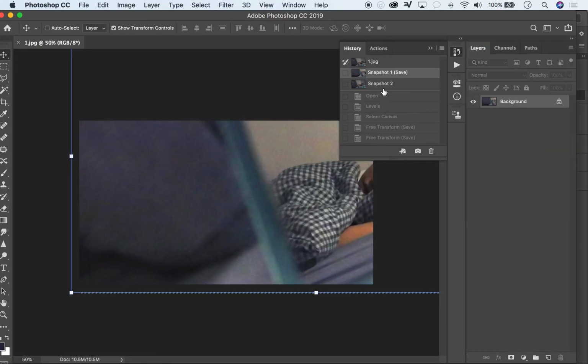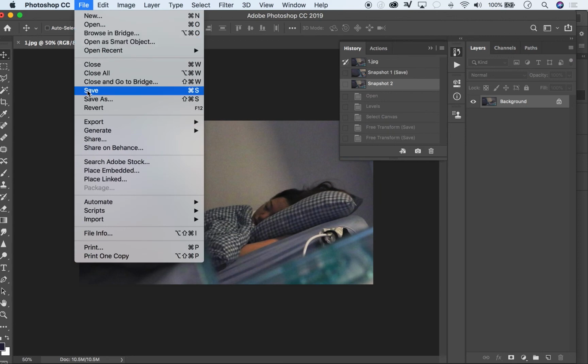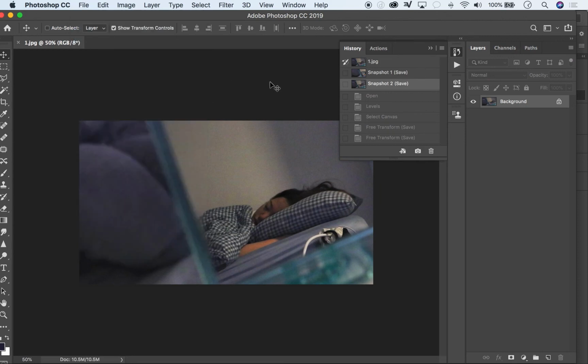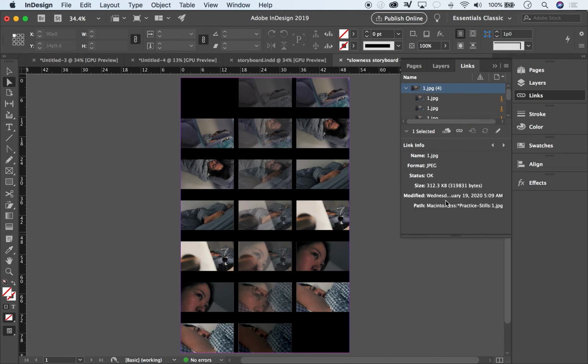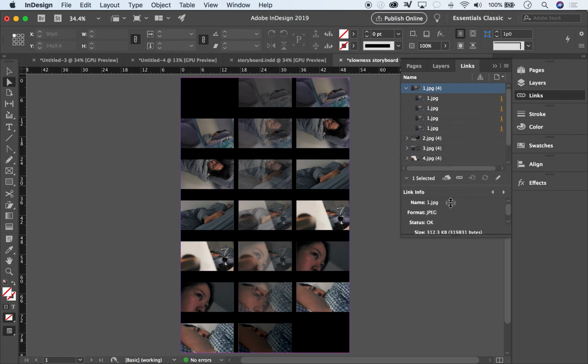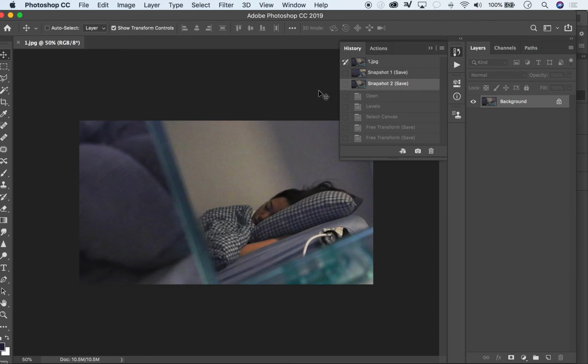If I come back to Photoshop and choose the other snapshot, I can't just choose the other snapshot, I have to choose it and then save. It's only once I save that it will make a change to InDesign. Now notice here, if I stretch out my links, you can see that all the number 1s are under a group here. So when I made the change, let me go back,